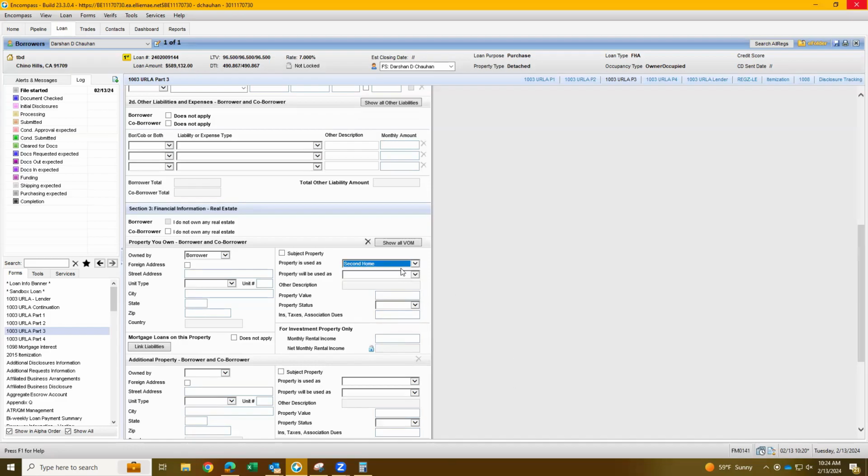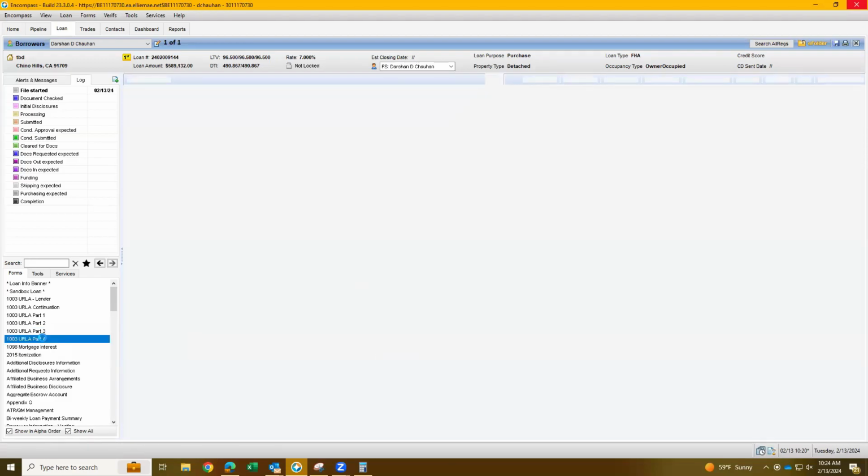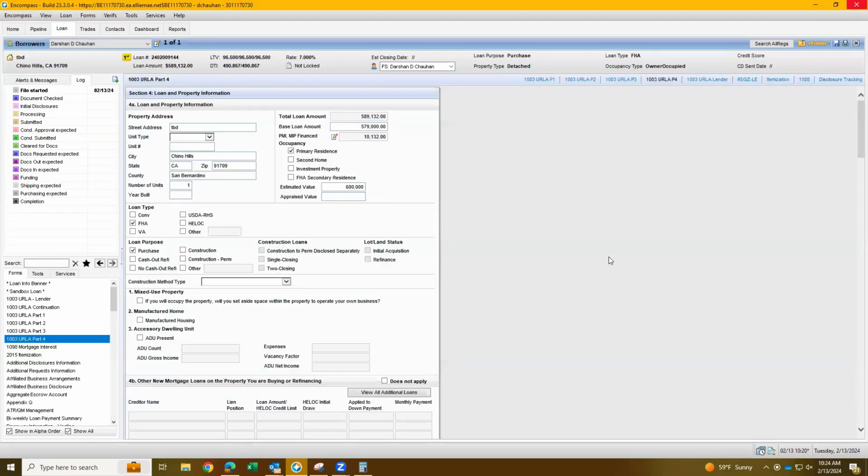So if you have investment property and it's staying in investment property, you'll keep this as rental. From there, this will give you a summary of everything that you have done. So your subject property here that you are doing, total loan amount, base loan amount. In this case, we have MIP, the primary residence,